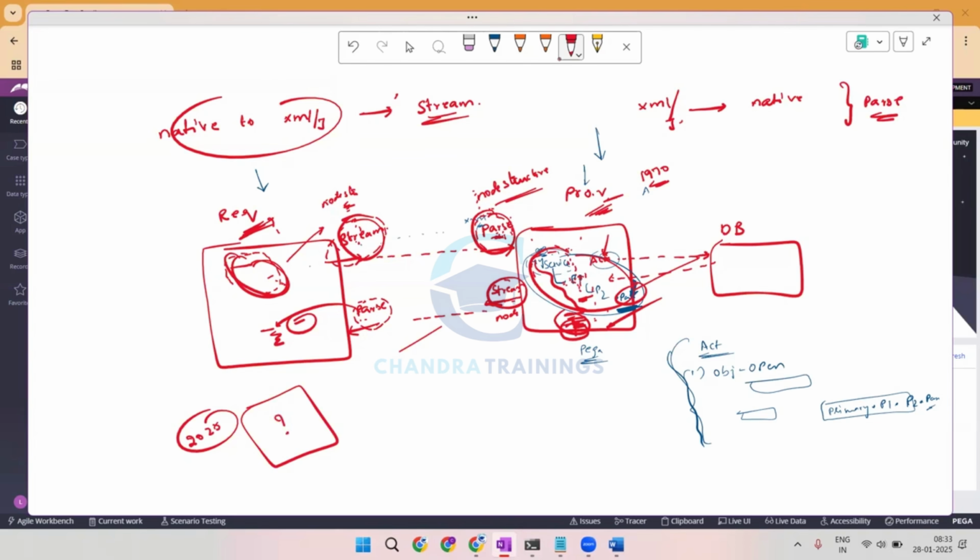Okay, so what details do I have to share with them? How will they understand our model request? How will they understand our model response? All these things we have to clearly understand. Okay, fine. So now again coming back, if I'm a provider, there will be one parse rule maintaining only